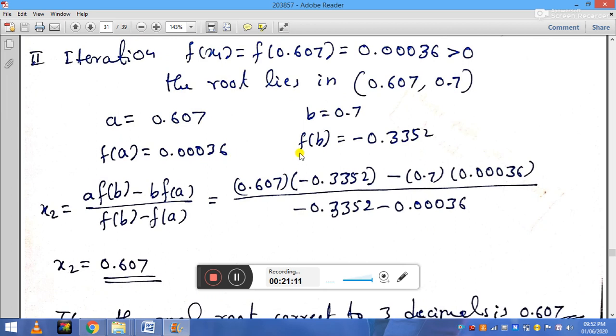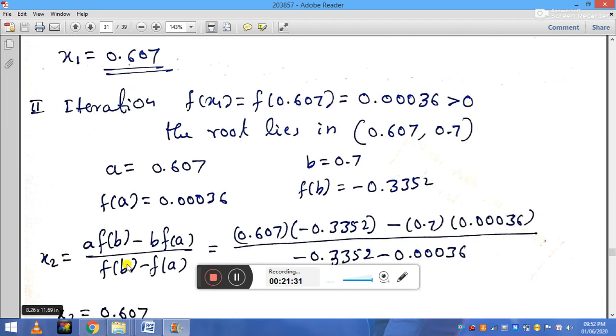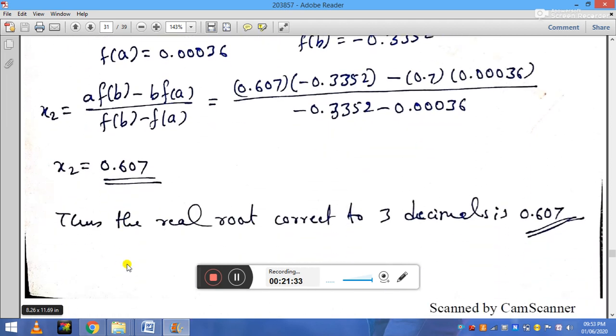Then put in the regular falsi formula, that is x2 is equal to A into f of B minus B into f of A divided by f of B minus f of A. So put A value, f of B minus B f of A, over f of B minus f of A. On solving we get x2 is equal to 0.607. Here you see x1 is 0.607, x2 is 0.607. x1 and x2 both are the same up to 3 decimal places, therefore the real root correct to 3 decimal places